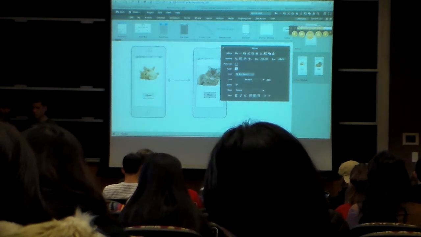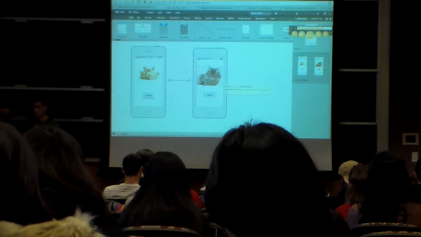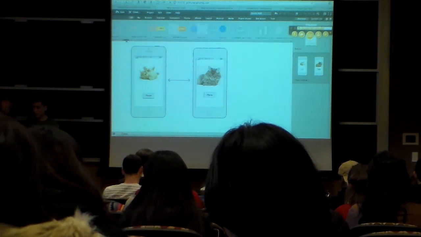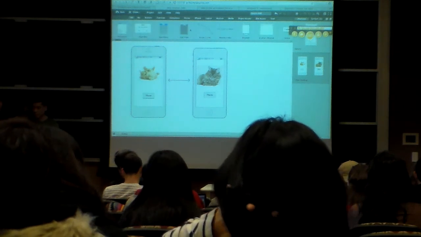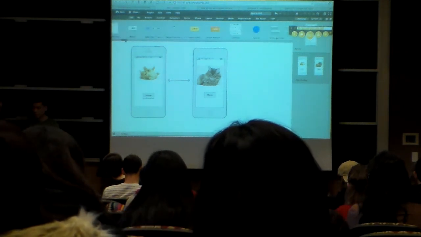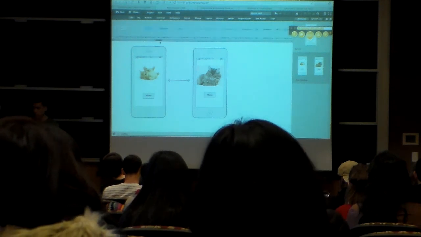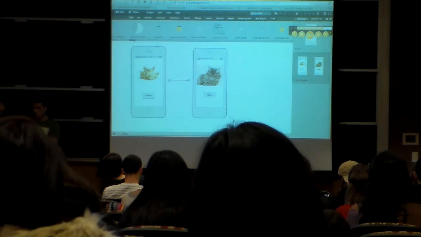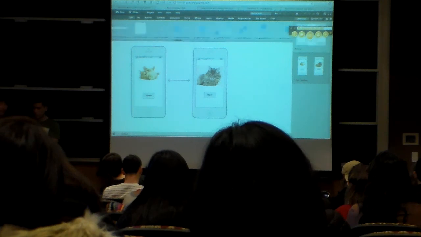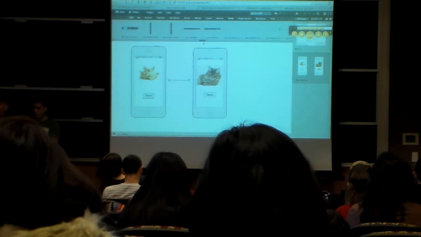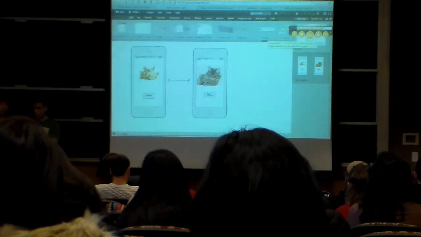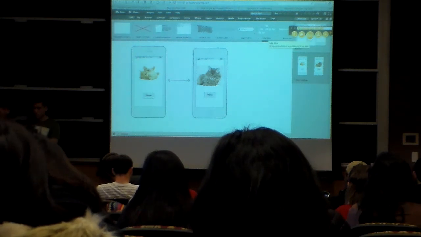Do you want to add any other functionality? Anyway, so this is what a mock-up kind of looks like. This is a very simple thing, but generally it consists of a login screen, splash screen, and the home page and all the pages. It's up to you and everything. So